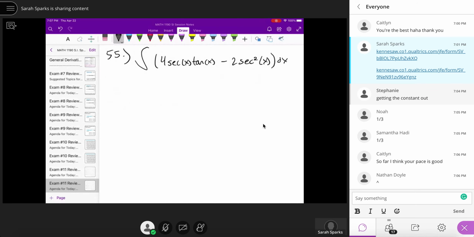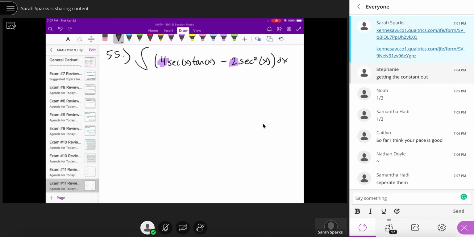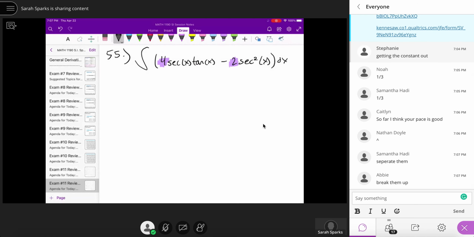All right, so we have two different terms inside this integral. We also see we have two different constants, right? This 4 and then we have this 2. So what should we do? What might make it a little easier for us to evaluate this? Yeah, we separate them. So when we separate them, we're going to have 4 secant x tan x dx plus,